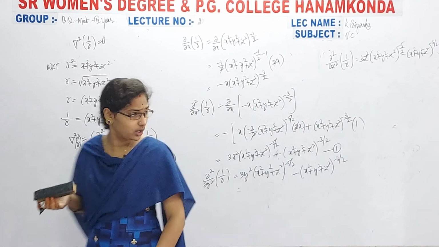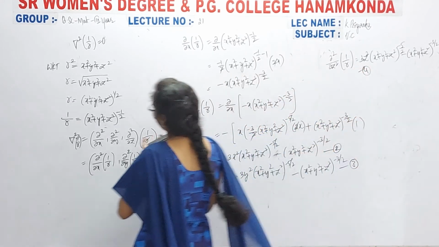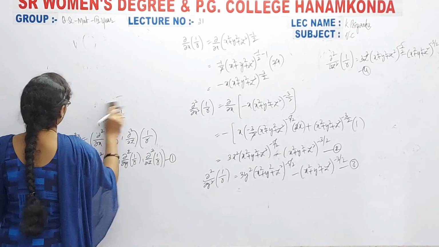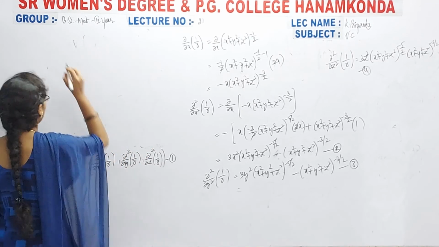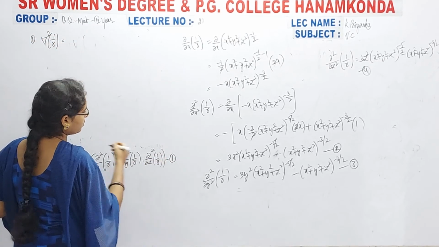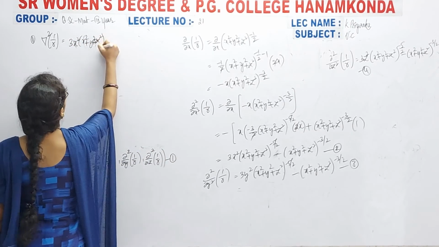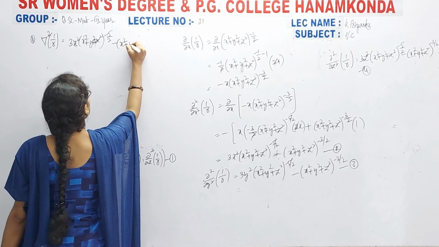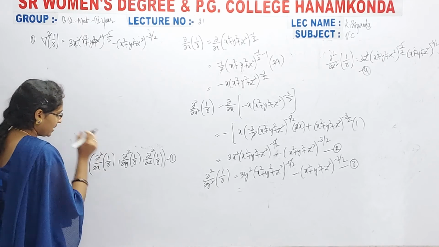So now we have to substitute all the equations. That means equation 2 and this is equation 3 and this is equation number 4 in equation number 1. So now simply from 1 what we get, grad square of 1 by r is equal to, what is the equation number 2, ma? 3x square of x square plus y square plus z square whole to the power of minus 5 by 2 minus x square plus y square plus z square whole to the power of minus 3 by 2.